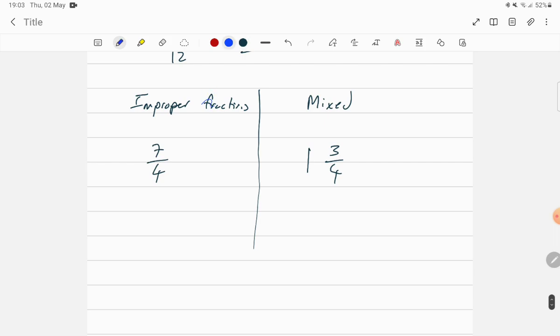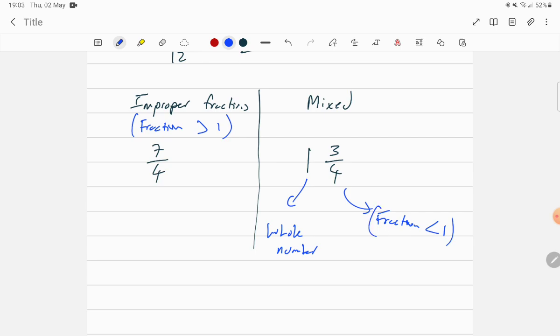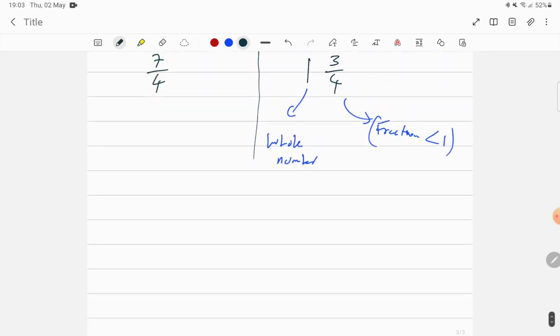An improper fraction is when the fraction is greater than 1, and a mixed number consists of a whole number and then a fraction next to it that is less than 1. And if you were to convert a mixed fraction to an improper fraction, because that's generally the better way to represent it,